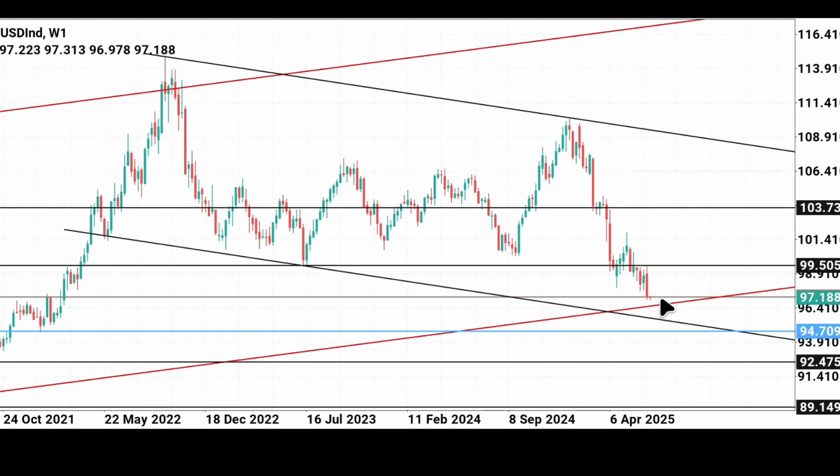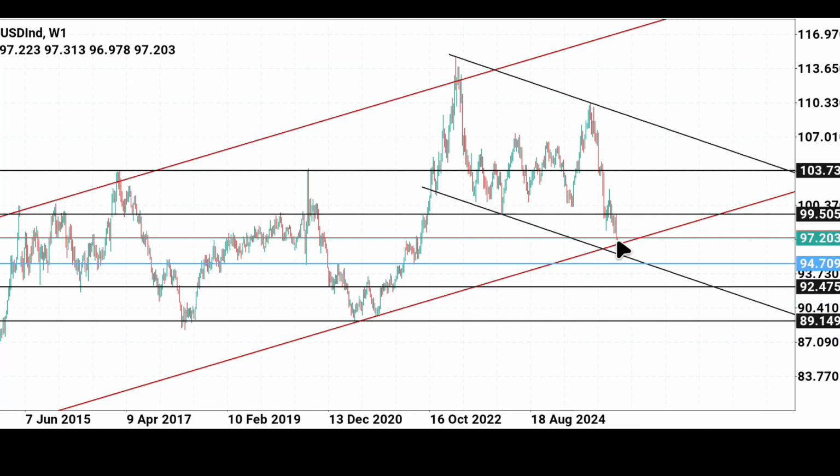Are we getting closer to a potential reversal in the US dollar index? That is exactly what we're looking at today on the weekly time frame of DXY, that is the US dollar index. So it's very obvious that the price is coming closer to this long-term trend line, which is also the bottom